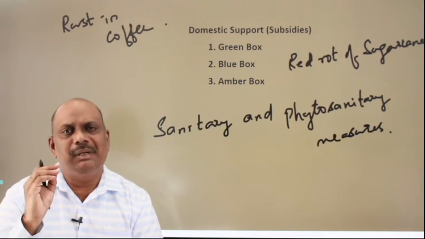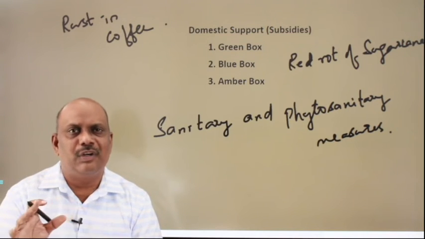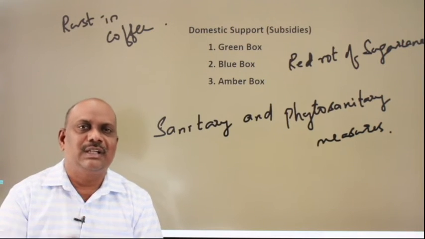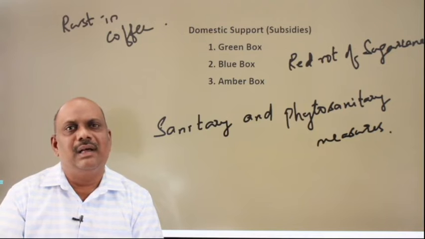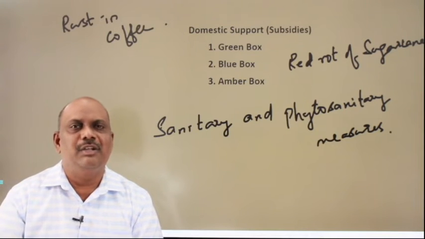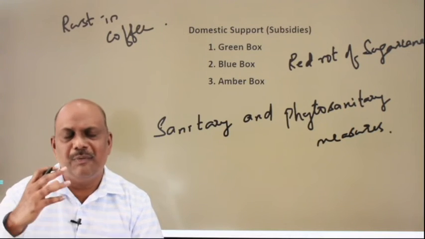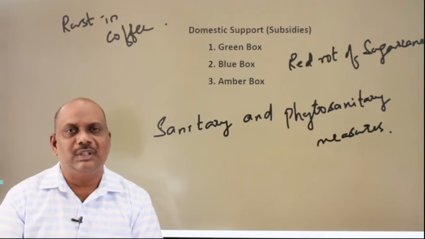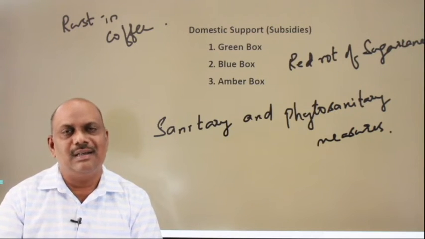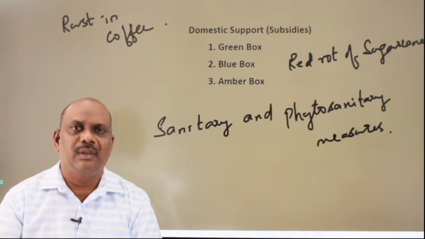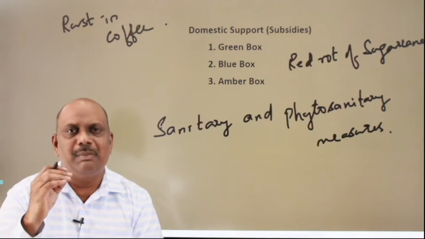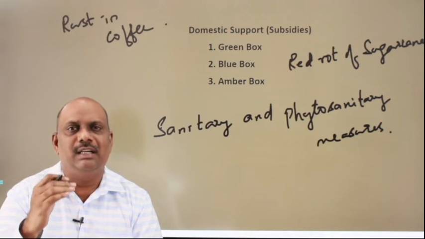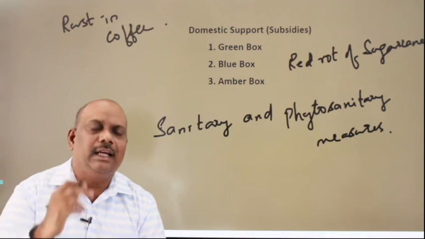Close to around 80% of the sugar mills were closed down. But thanks to once again our agriculture research scientists, they managed to develop a red rot resistant variety of sugarcane, and once again the sugar mills in South India got a life because of that. So there is always a need to keep a check on the phytosanitary measures while exporting the